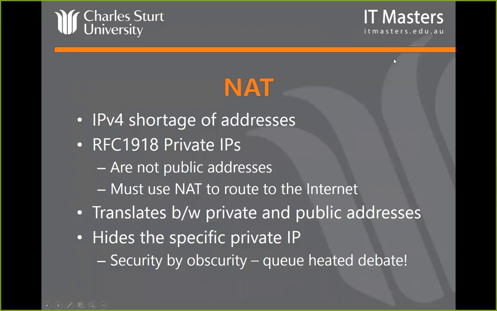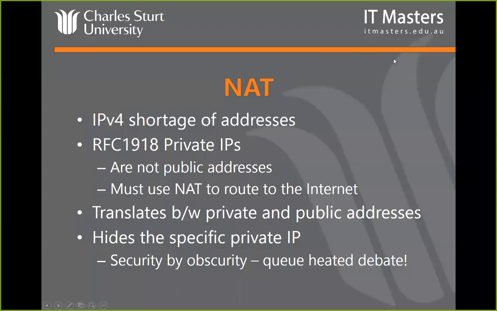So the purpose of NAT, it says here, is to translate between private and public IP addresses. But that's not technically correct, is it? Because it can translate between any address. It doesn't have to be private to public. It could be private to private. It could be public to public. It doesn't matter. It's just a method for translating from one address to another as a packet flows through a router or a firewall or other NAT-worthy device.